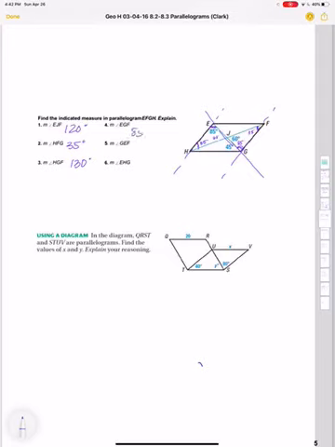Found that already. GEF. Oh, well, if this is 45 here, then this also has to be 45 because those are alternate interior angles. And then, Marky, shh, it's okay. So then